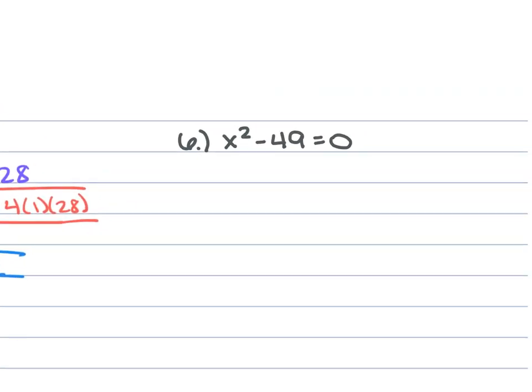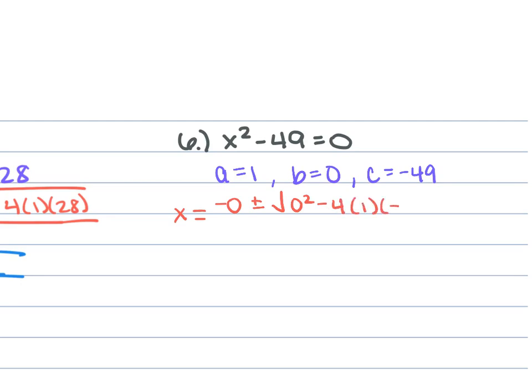For 6, we have x squared minus 49 is equal to 0. So our a is 1. Our b, we don't have one, so that's 0. And our c is negative 49. If we plug this into our quadratic formula, we're going to have x is equal to negative 0 plus or minus the square root of 0 squared minus 4 times 1 times negative 49 all over